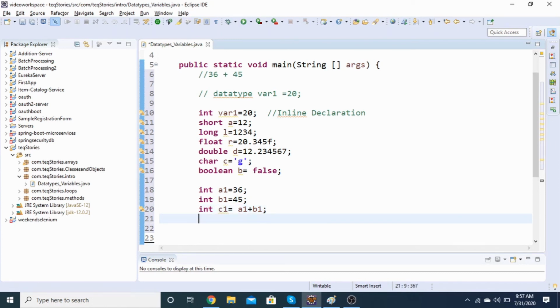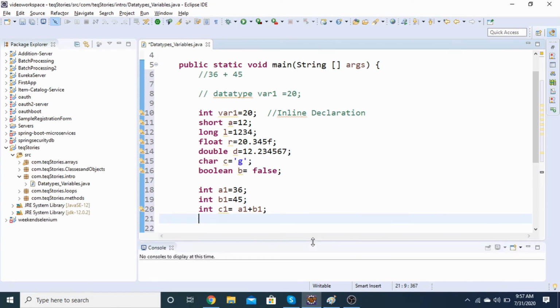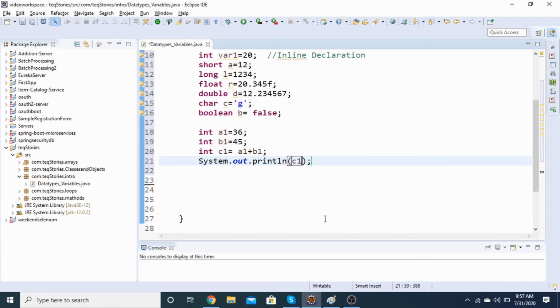And after that, I will try to print the value. Printing the value means showing the things over the console. You can see that below is the console window. Now whatever outputs you receive from the coding or from the programming language, you generally are able to see it over the console only. So I will go for system.out.println. This is the statement for printing a value, and inside this you have to provide the variable name. I am providing my variable name, which is c1, which I'll have to print, right?